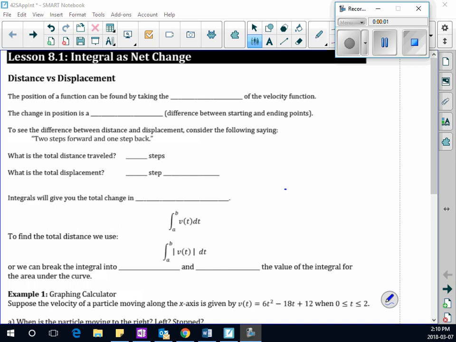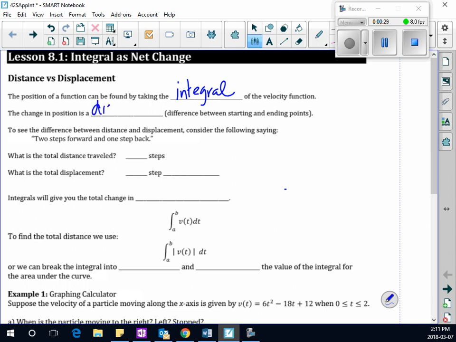Integral versus net change. So the position of a function can be found by taking the what of the velocity? The integral. The position, right? Slope would mean I'm going to acceleration, right? Okay, the change in position is a